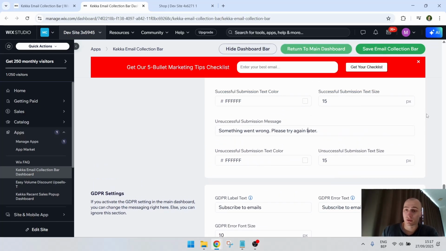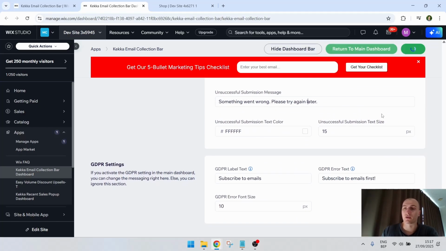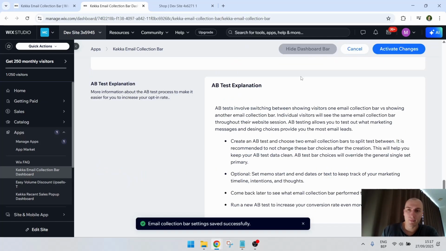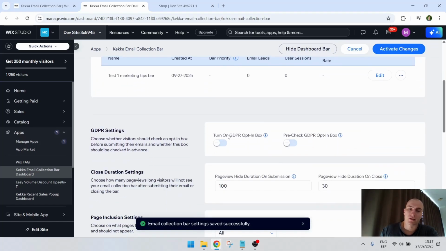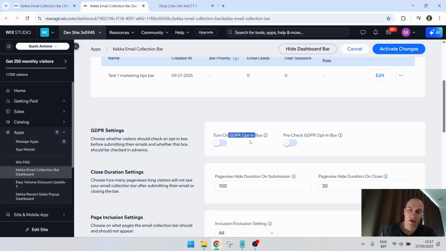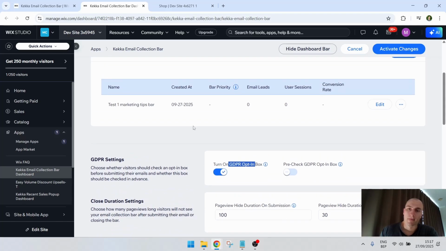And so when you go to the main dashboard, it's important to save your email collection bar. Turn to the main dashboard, and then we can find the GDPR stuff right here. And so whether you turn it on or off is site-wide, and then you can edit a message per email collection bar to see which one converts best. Then for example, if we turn this on,